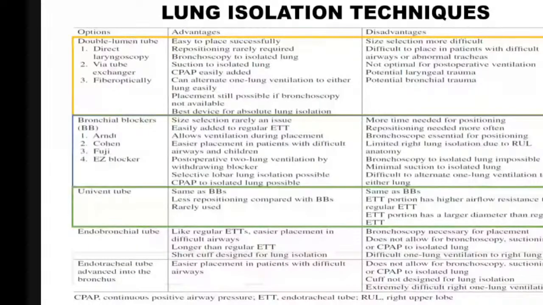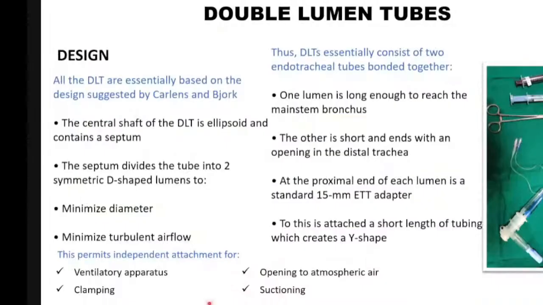So DLTs essentially consist of two endotracheal tubes bonded together. One lumen is long enough to reach the mainstem bronchus. The other is short and ends in the distal trachea. At the proximal end of each is a standard 15 mm ET tube adapter, and it is attached to a short length of tubing which creates a Y shape, and it permits independent attachment for ventilatory apparatus. We can clamp this Y connector during one lung ventilation, open to atmospheric air, and thus we can also do